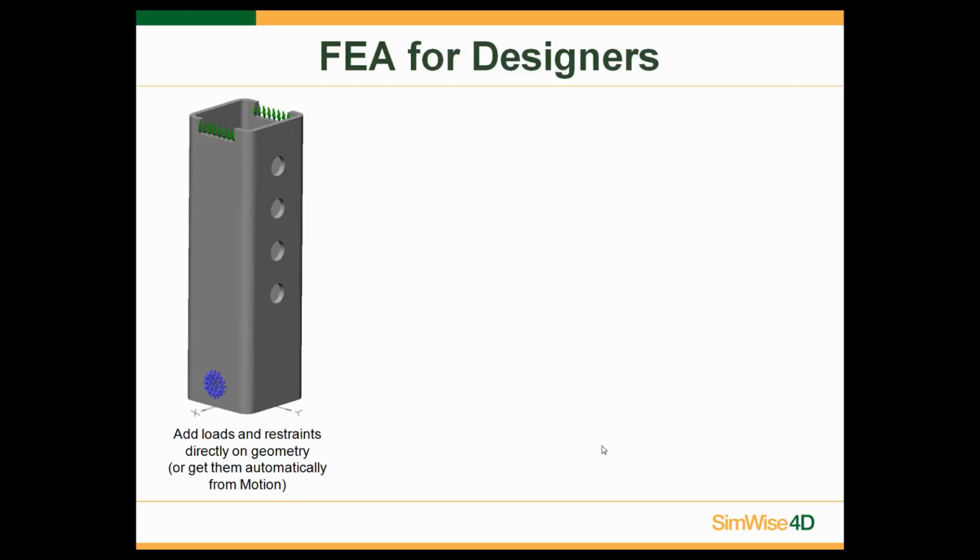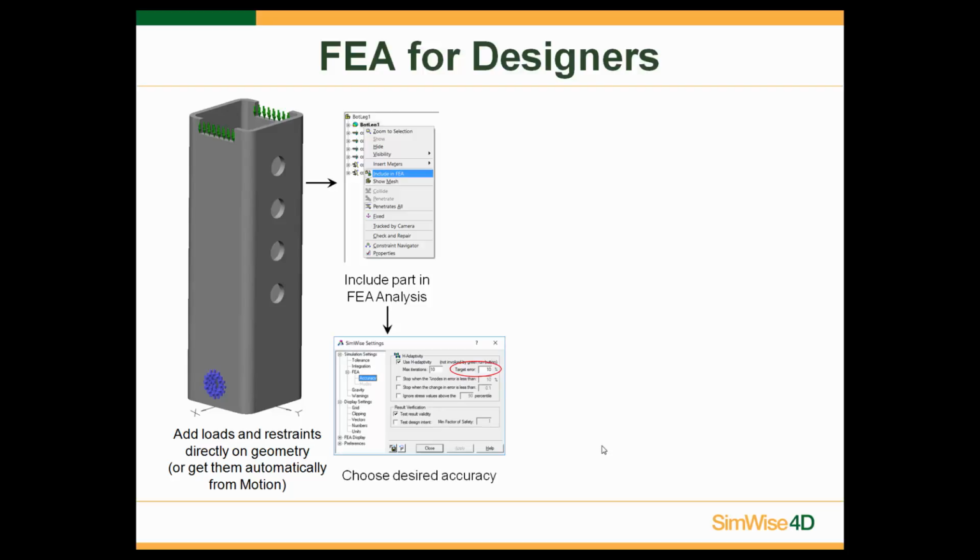SimWise is really an FEA tool for designers or design engineers. So it's nice that it's easy to set up and apply boundary conditions and mesh your model, and it has convergence tools called H-adaptive analysis for helping you converge on a good mesh and result set for your part. So the intent is not to be real complex and get lost in it. It's meant to be a good basic tool for understanding stress and deflection, linear static stress and deflection, that is,